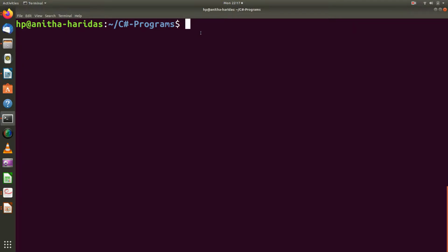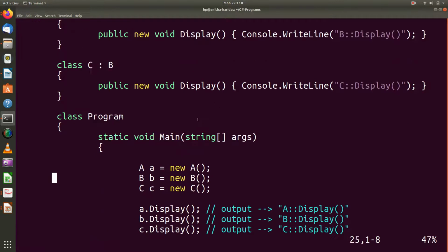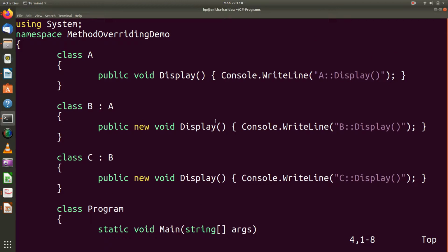I open the override demo program, the first demo program that has the display method. No, not this one, sorry.